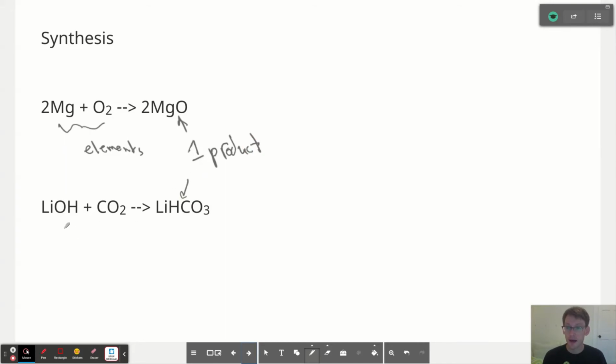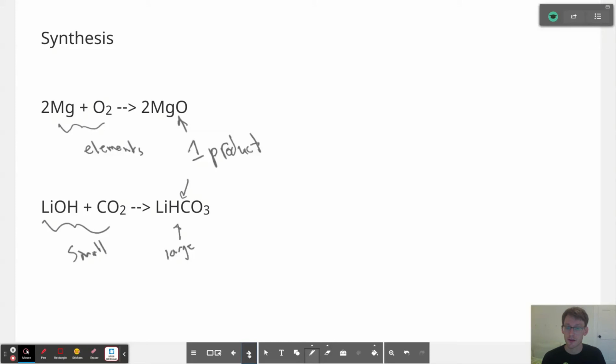In this case, we have 2 smaller compounds, and I'll point that out. But these are small compounds, and we have a large compound. We know it's large because this really is the sum of the 2 starting materials. So in general, with synthesis reactions, look for 1 product, look for smaller materials, elements, or small compounds yielding 1